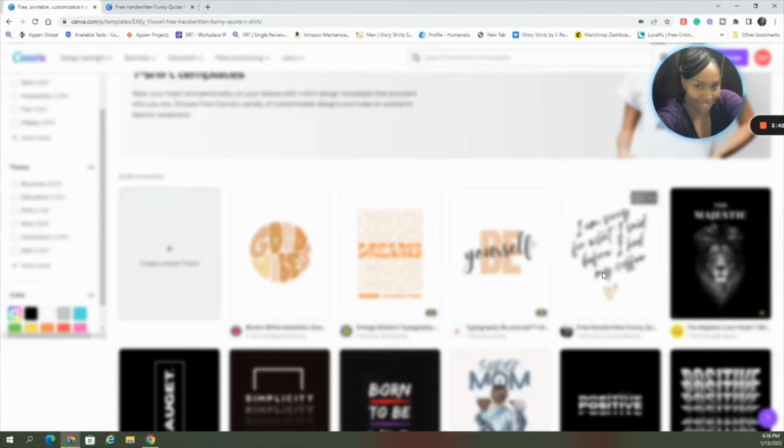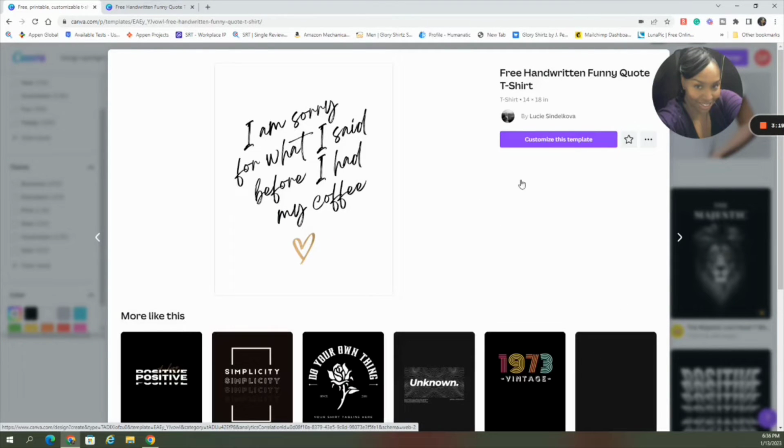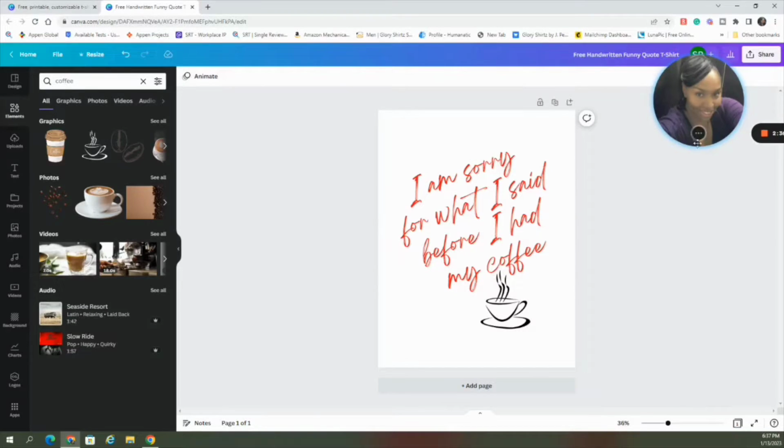When you click on it, you will be led to a page that looks like this one. From this page, you're going to click customize this template. It lets you make the design your own. You see here how I already changed the font color to red. I also added a little coffee thing to the bottom. And then from there,